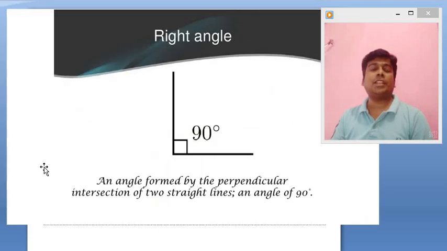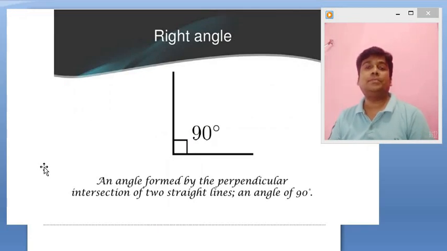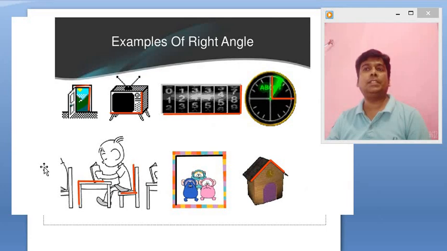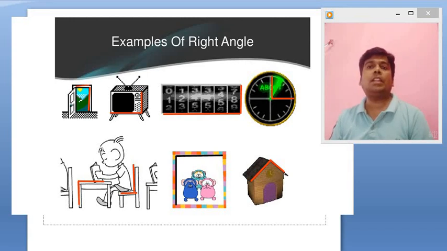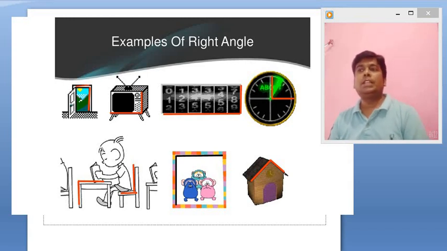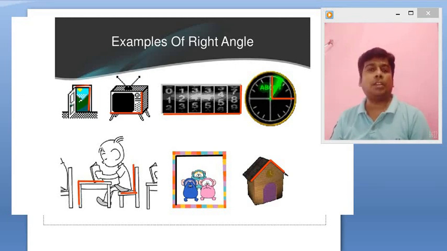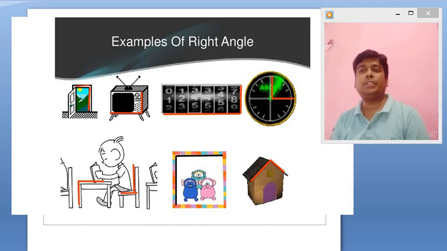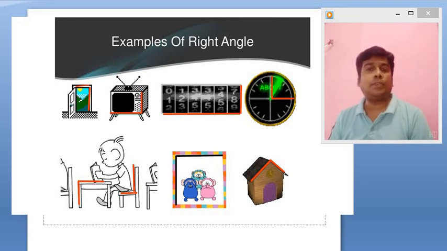Right angles. An angle is said to be a right angle if it is making an angle of 90 degrees. Okay, let us move forward. Some examples of right angles, you can see edges of the television or edges of the doors. When we see a clock, and if we divide it into four quadrants, each quadrant is perpendicular to each other. If we see the edges of the photo frame, all these are at right angle.